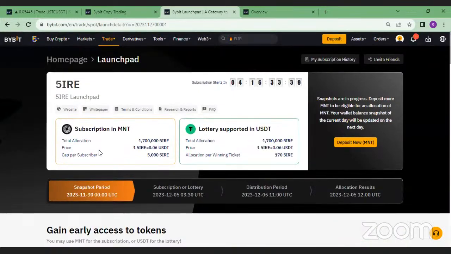There are basically two ways you can participate in the Launchpad. If you are going to participate in this Launchpad to get this token at a cheap rate before it is listed for trading, before every other person gets access to it, okay, if you want to get it with the MNT token,